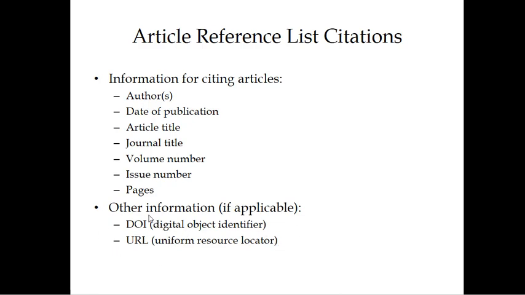And again, if an article happens to not have a DOI, then that's when you will use a stable URL, which is different than the URL that you pull from the browser. A stable URL is usually called a permanent link, and you will usually find those links in the databases somewhere. You usually see somewhere where it'll say link, or link to article, or permanent link. And that's the link you want to use. Normally you want to use that because with database articles, especially if you're getting them from purchased databases such as from our library,